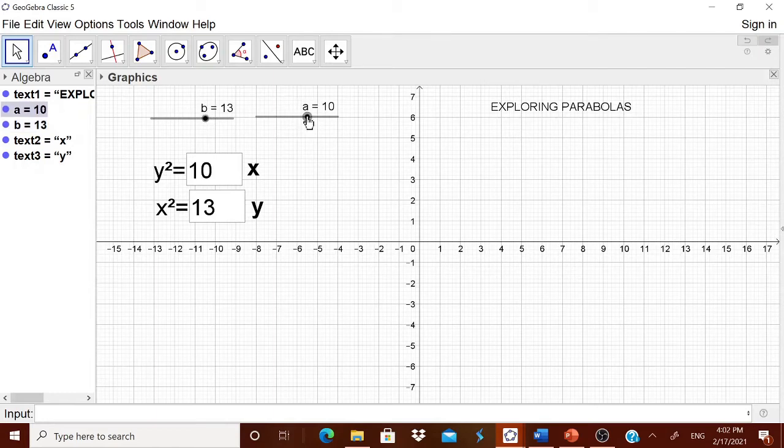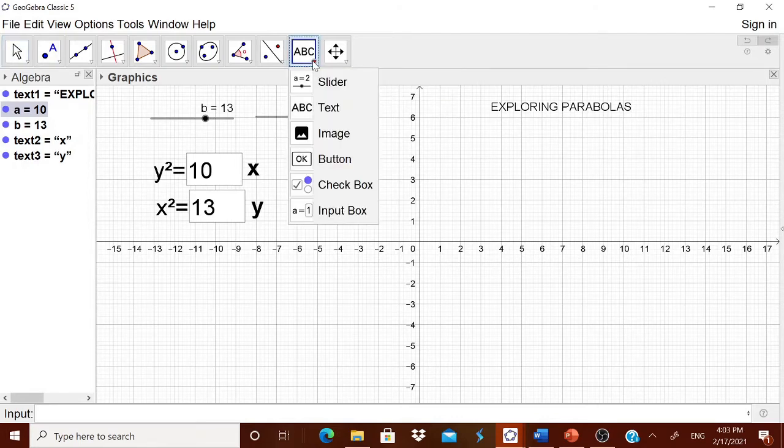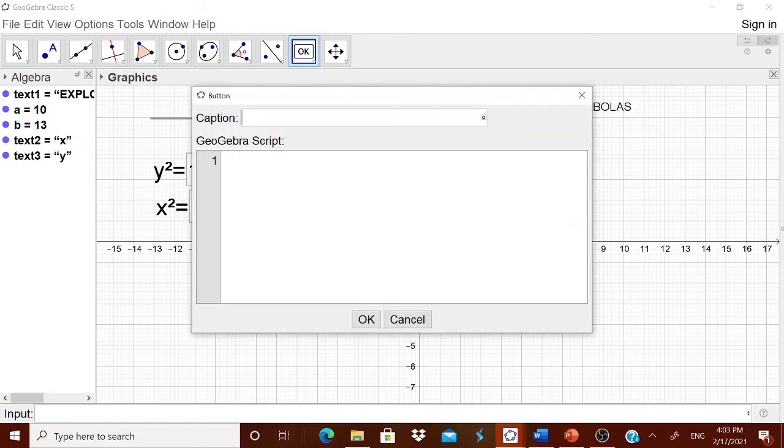Now let us go for explore. So your child is coming and exploring it. Now this problem, whatever he is entering, if you want to clear it, then you can go for an OK button, new problem, where you can write small a is equal to question mark and small b is equal to question mark.